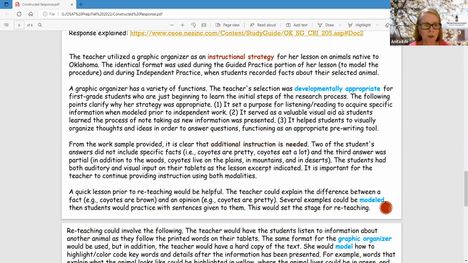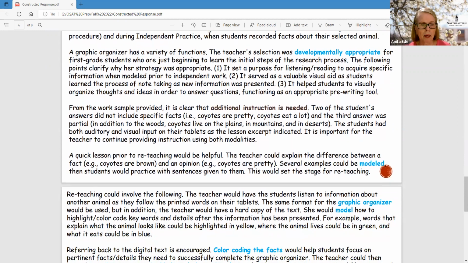And she gave some very specific points about what made it developmentally appropriate. Notice it's 1, 2, and 3, very clear, whole paragraph. Then the next paragraph, this is